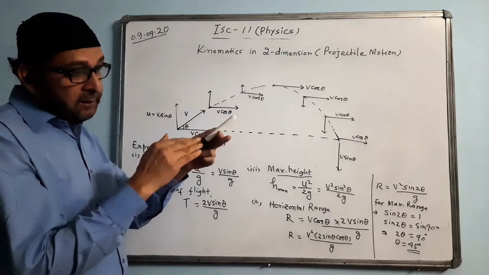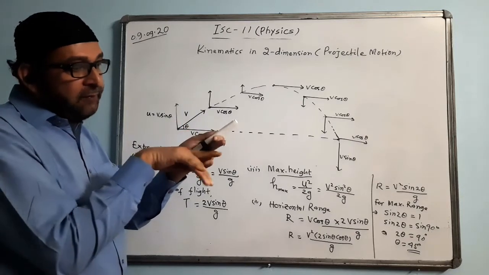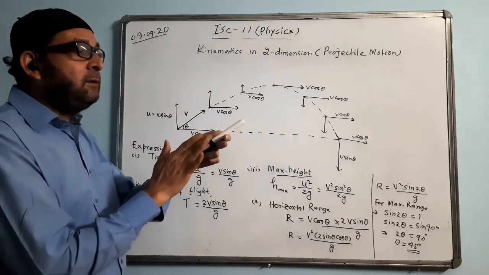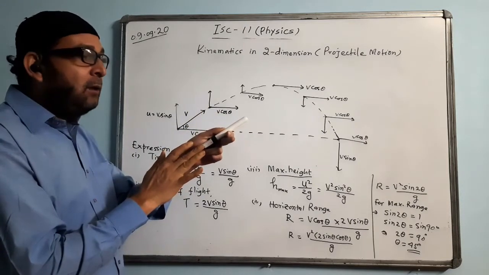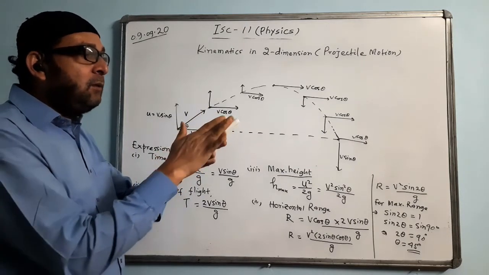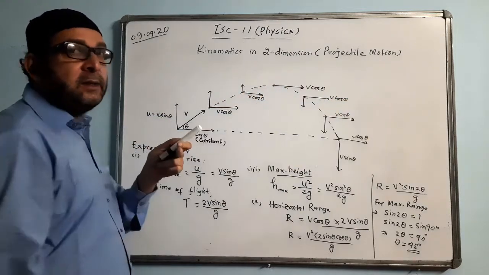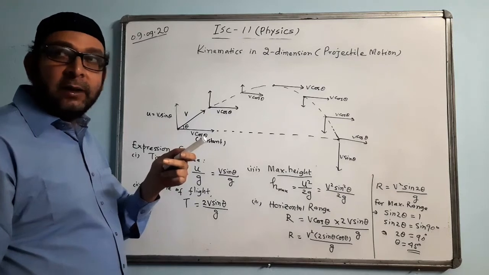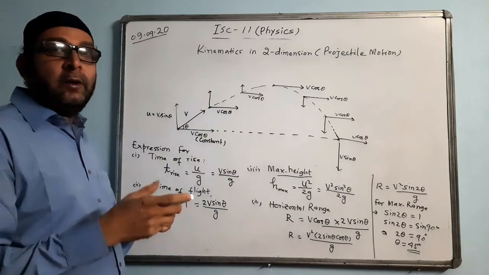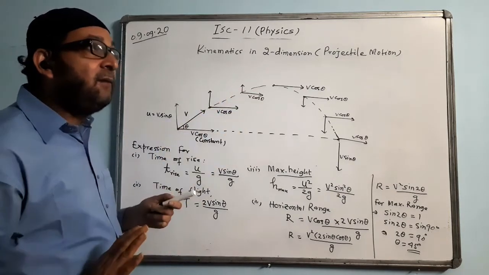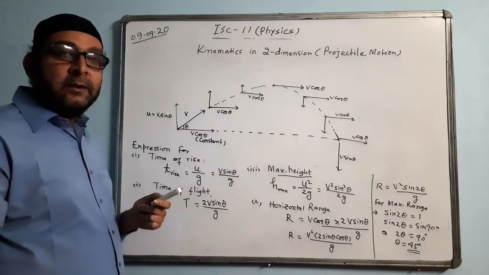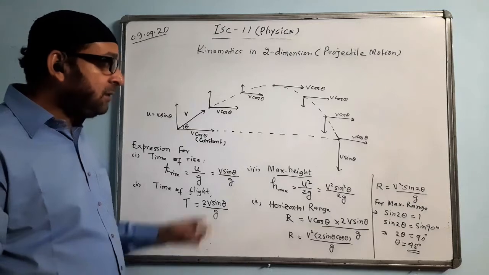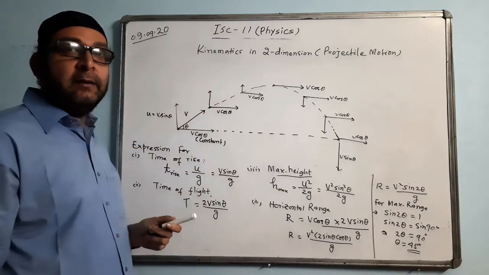This barrel is kept making exactly 45 degree angle with the horizontal. When a shell is fired from the cannon or from the tank, it will go and cover the longest distance. It will reach the maximum distance for a given velocity. Same thing applies to missiles. When a missile is fired, it is supposed to go to the longest distance, so it is fired making a 45 degree angle.